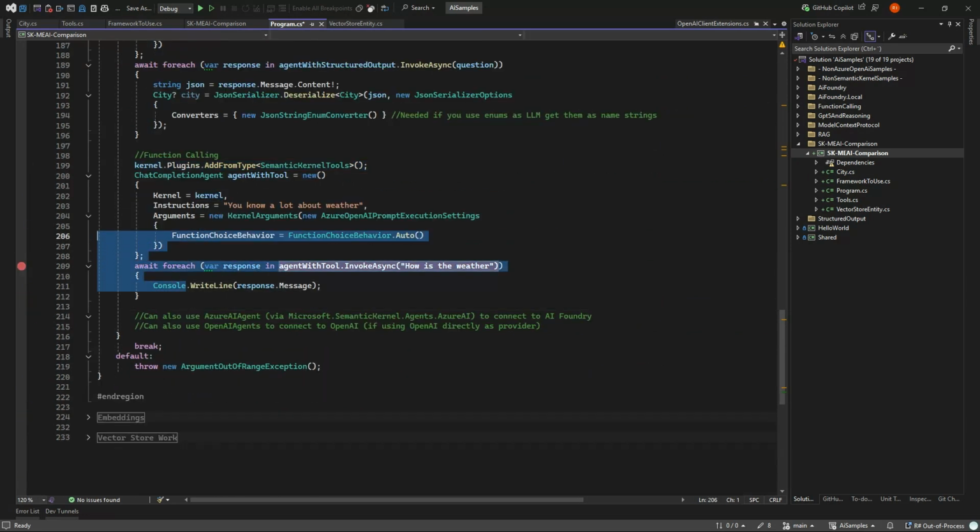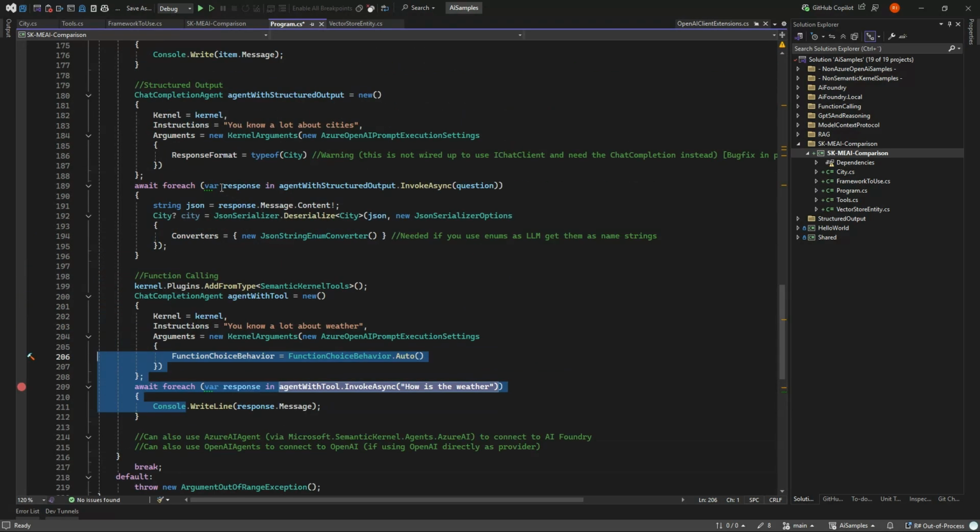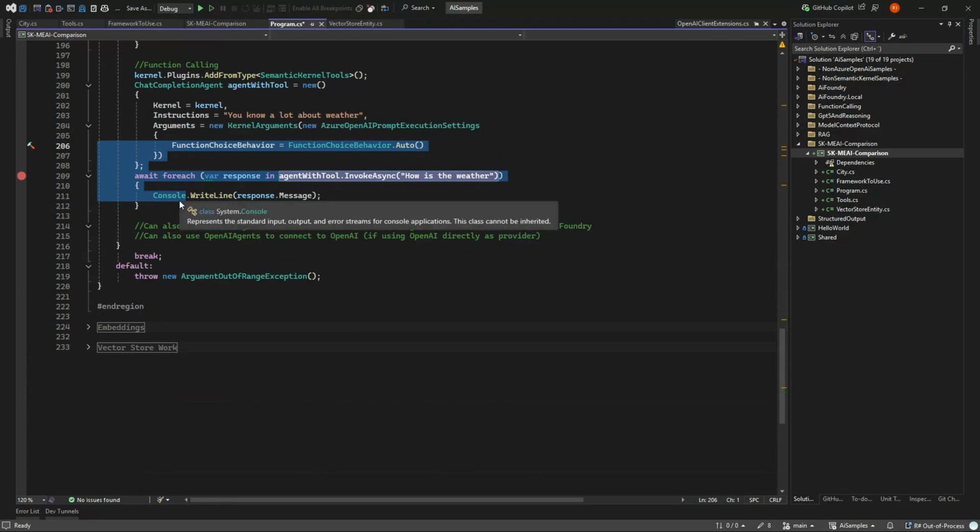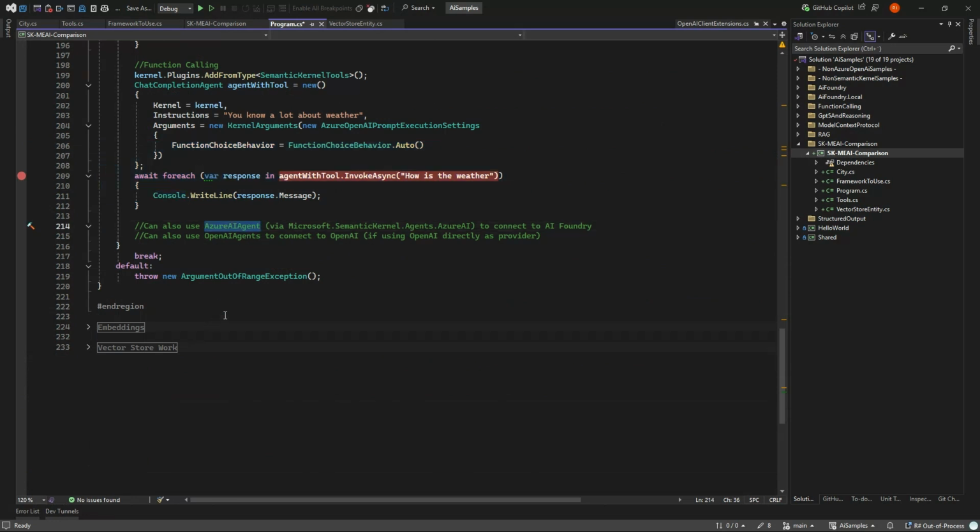So that is the basic simple agents if you just want to control them on your own. But you can also use the Azure AI agents, which I did in my video about AI Foundry. So they are persistent agents up in Azure. And the same way you can use the OpenAI agents or assistants, as they're called, where you have your sidebar in OpenAI that you can interact with.